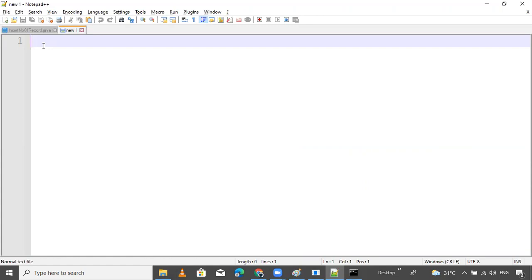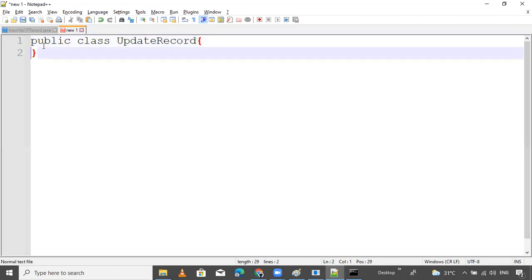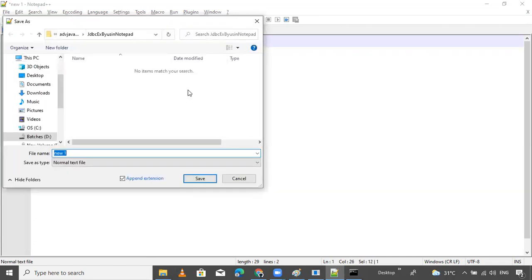How to prepare the query for dynamic inputs. So now public class UpdateRecord. Save the file .java.